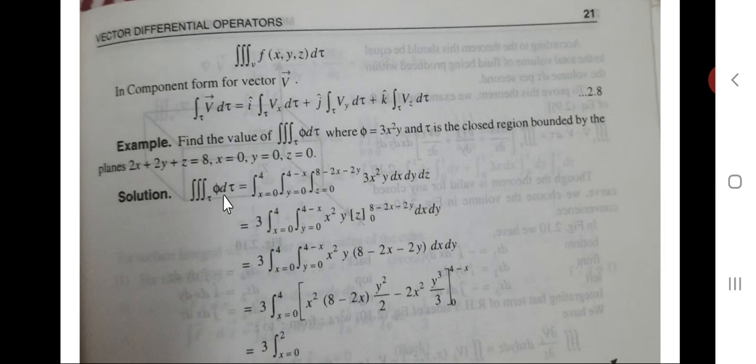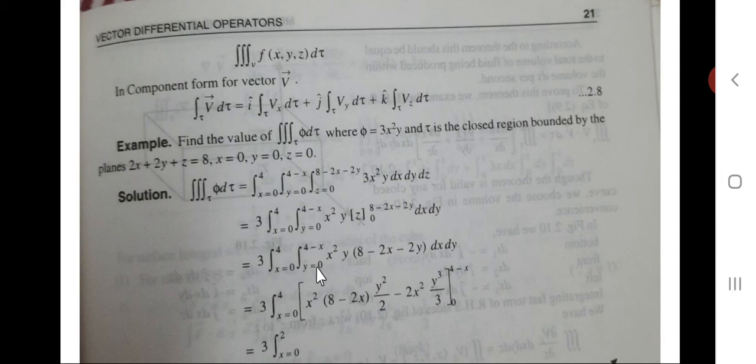the triple integration over tau of phi d tau is equal to first integration x is equal to 0 to 4, second integration y is equal to 0 to 4 minus x, third integration z is equal to 0 to 8 minus 2x minus 2y of 3x square y dx dy dz, which is equal to 3 into first integration x is equal to 0 to 4, y is equal to 0 to 4 minus x of x square y times z from 0 to 8 minus 2x minus 2y dx dy,